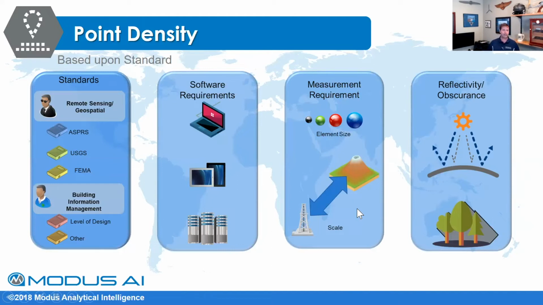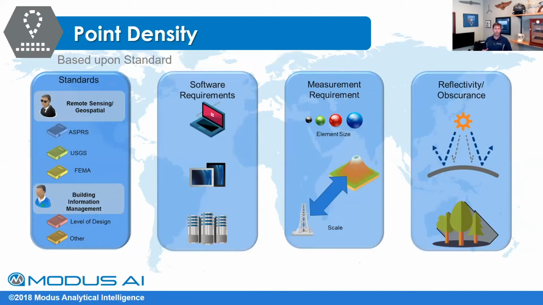The other piece of that is, as we talked about, what's your software? What's it actually going to handle? What density does it need to do feature extraction? Like if you're using, I'm looking for one right now, Blue Marble versus, for utilities, PLS-CADD, how many points do you need and how tightly do you need to pack those to actually pull out feature resolution? So picking the right software in your workflow is also part of your point density,